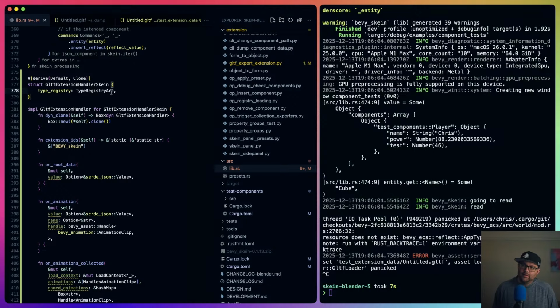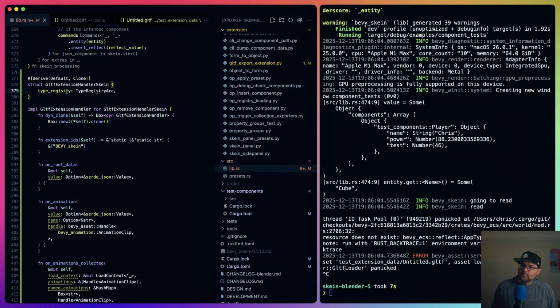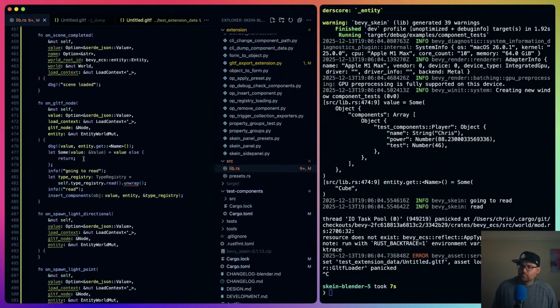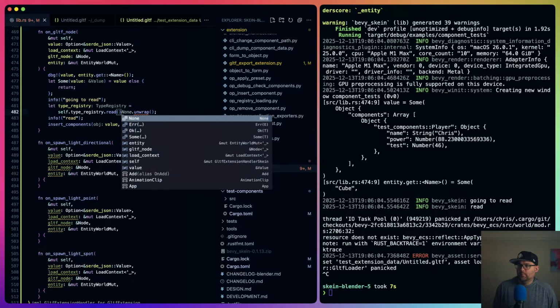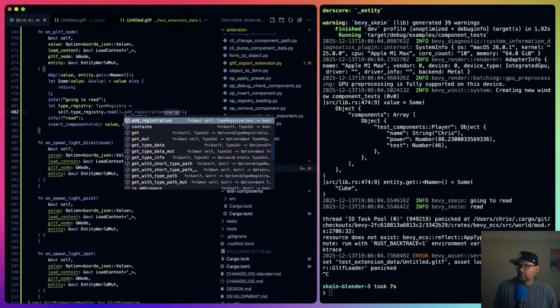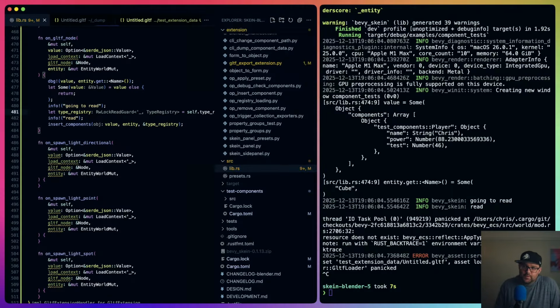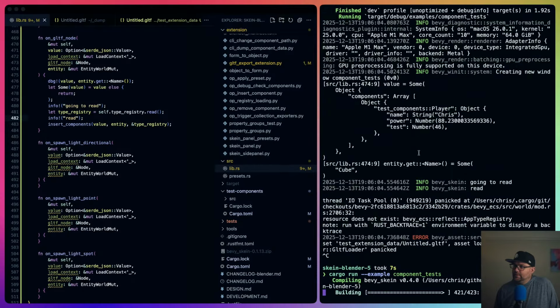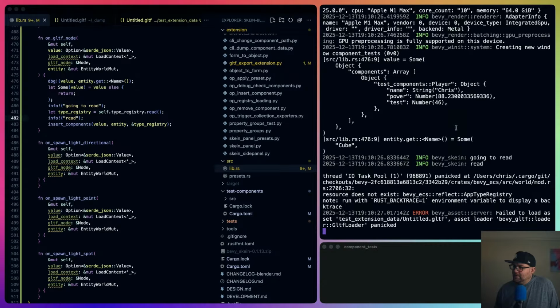Maybe at least make this so read here does the unwrap for us, which is cool. But we get a different error message using the different API, or I think it's the same API, but